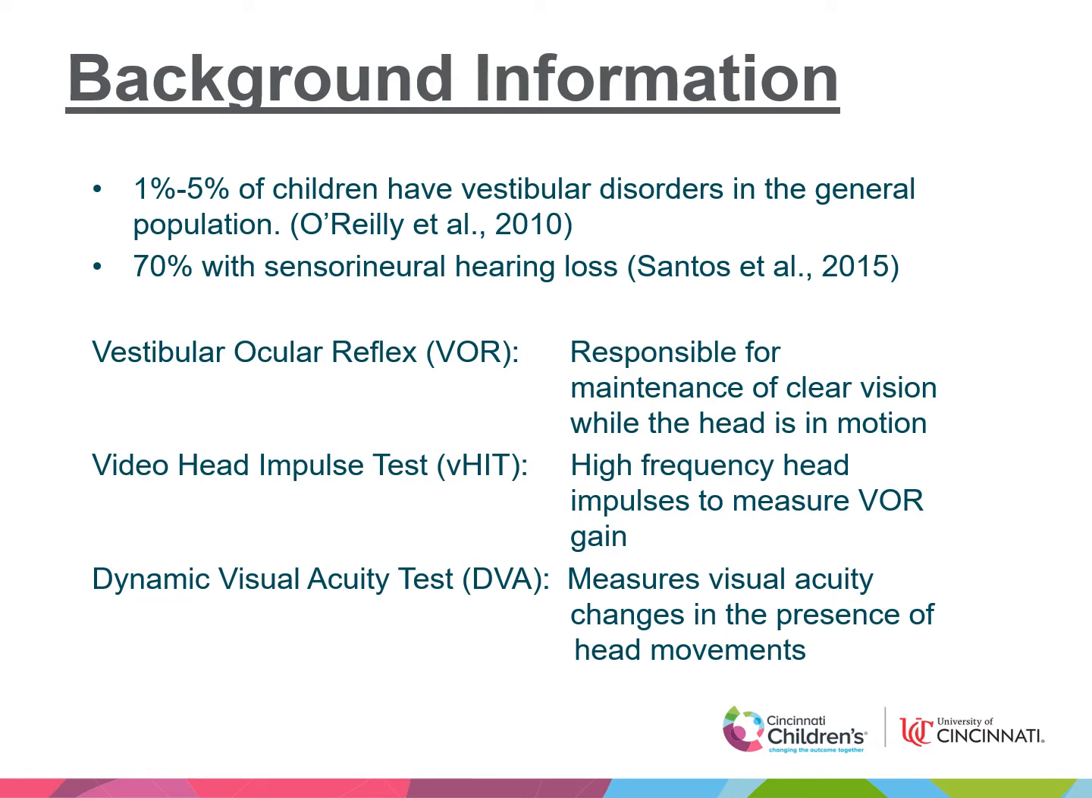Like vHIT, DVA is a measure of gaze stability while the head is in motion. But further, it measures visual acuity changes in the presence of head movements. So during DVA, the head is moved with velocities between 95 to 130 degrees per second, while the patient is asked to indicate the orientation of an optotype E that is displayed on a computer screen. In healthy patients, the VOR allows the images to remain stable on the fovea during that head motion, and the optotype orientation is recognized easily. In those with VOR loss, they are unable to maintain stable gaze during the head motion, causing a reduction in